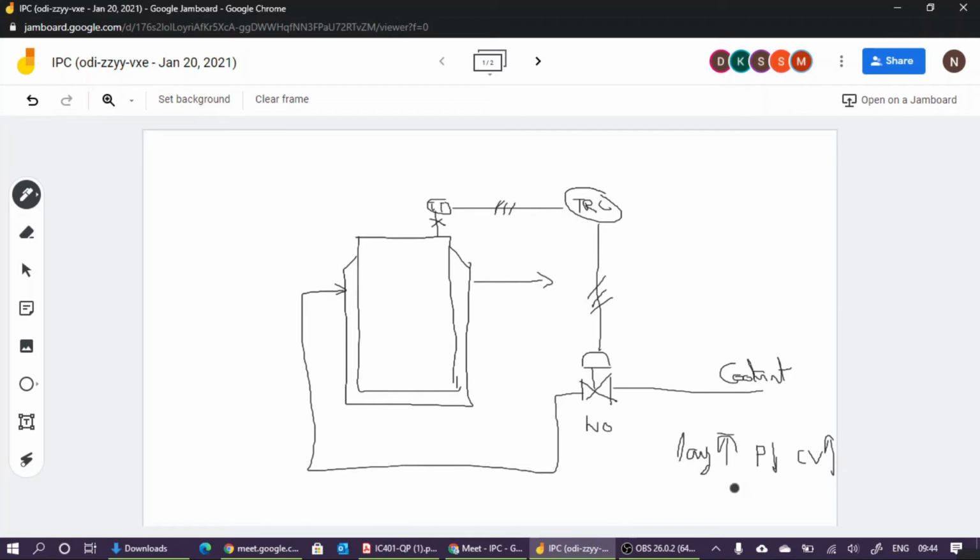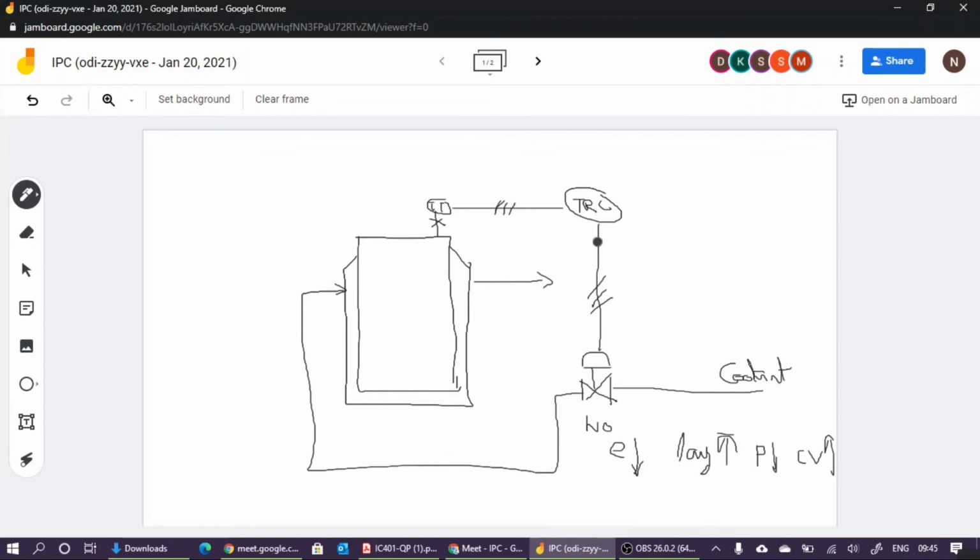Up arrow means open, control valve is open. So for large temperature, control output is small, control valve is open. One more thing: large temperature means what about error? Error is negative, that is small. So for negative error, we have to give small control output and we have to open the controller. So you can see that this control output is proportional to error. For explanatory purpose, we can say the direction of control output and error are the same, almost the same.